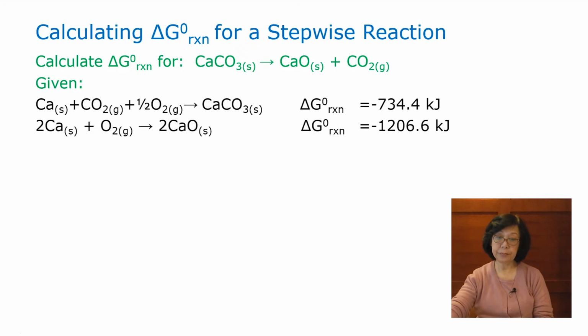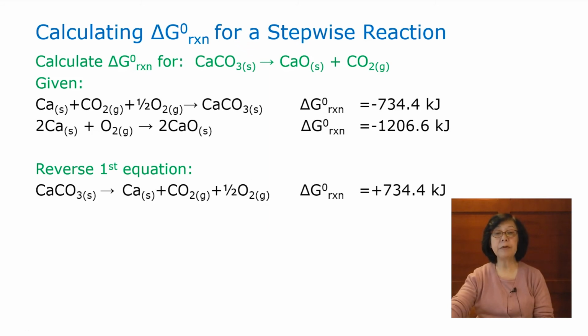kilojoule. Now the second equation is 2 moles of calcium solid and 1 mole of oxygen gas to make 2 moles of calcium oxide solid. Delta G0 of the reaction is negative 1206.6 kilojoule. In order to achieve the target equation, we first have to reverse the first equation because we want calcium carbonate to be on the reactant side. So when we reverse the reaction, the sign of the delta G0 is also changed from negative to positive 734.4